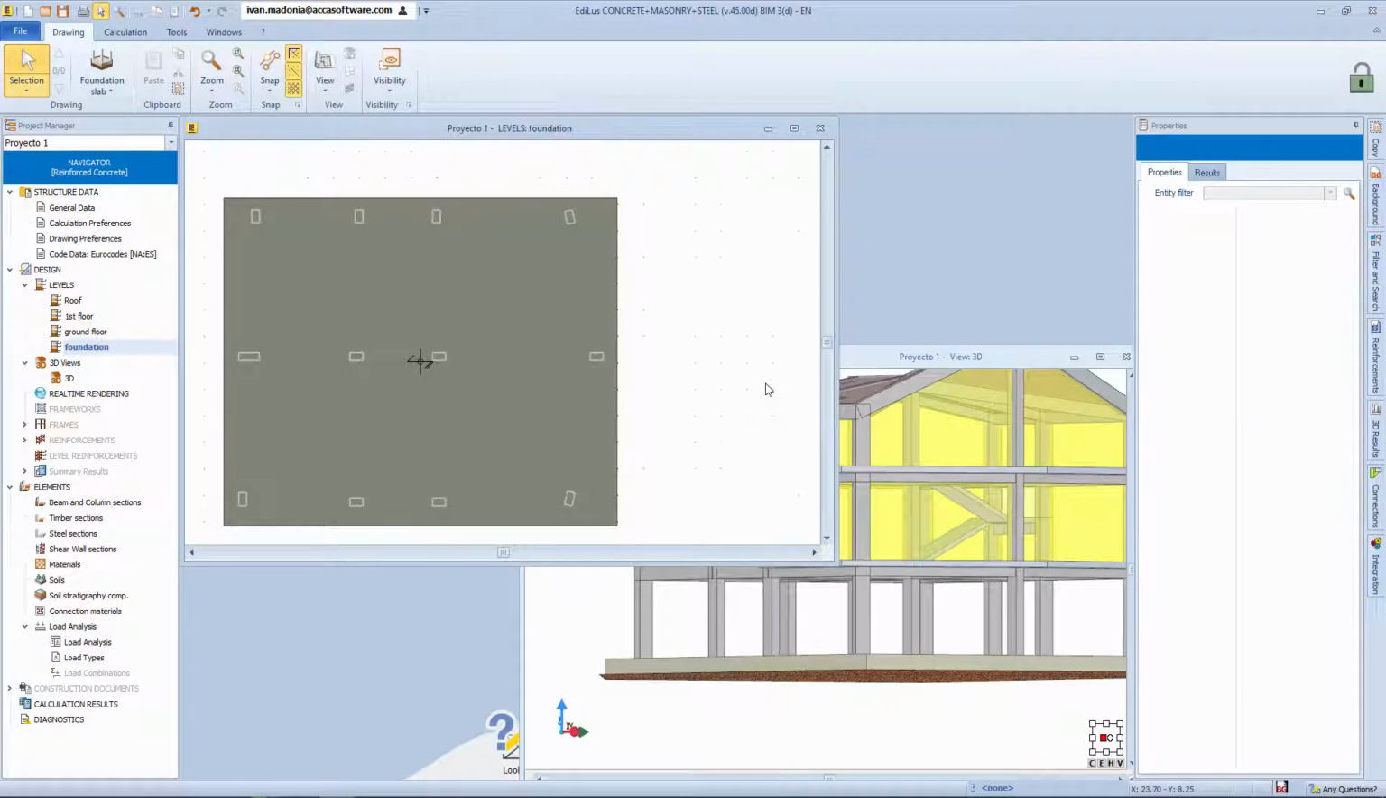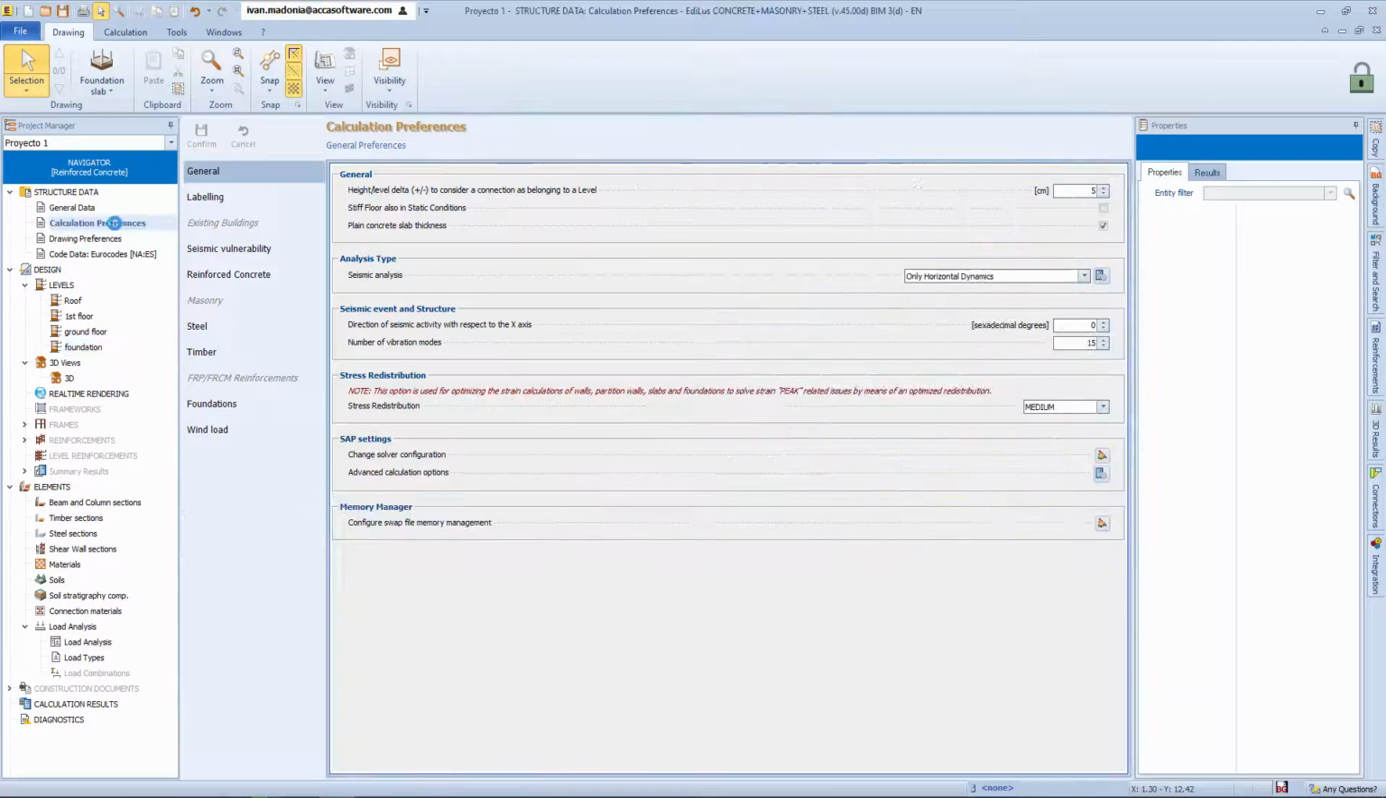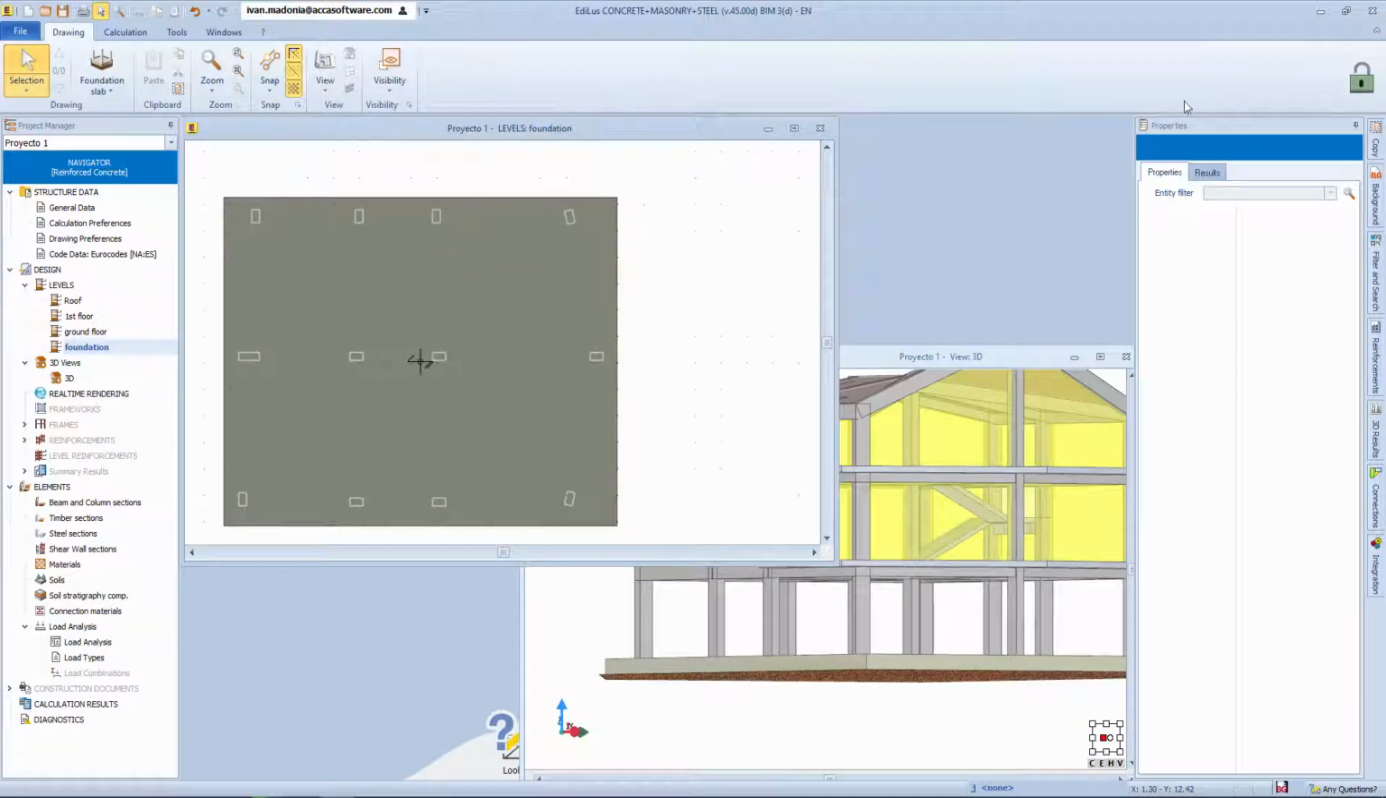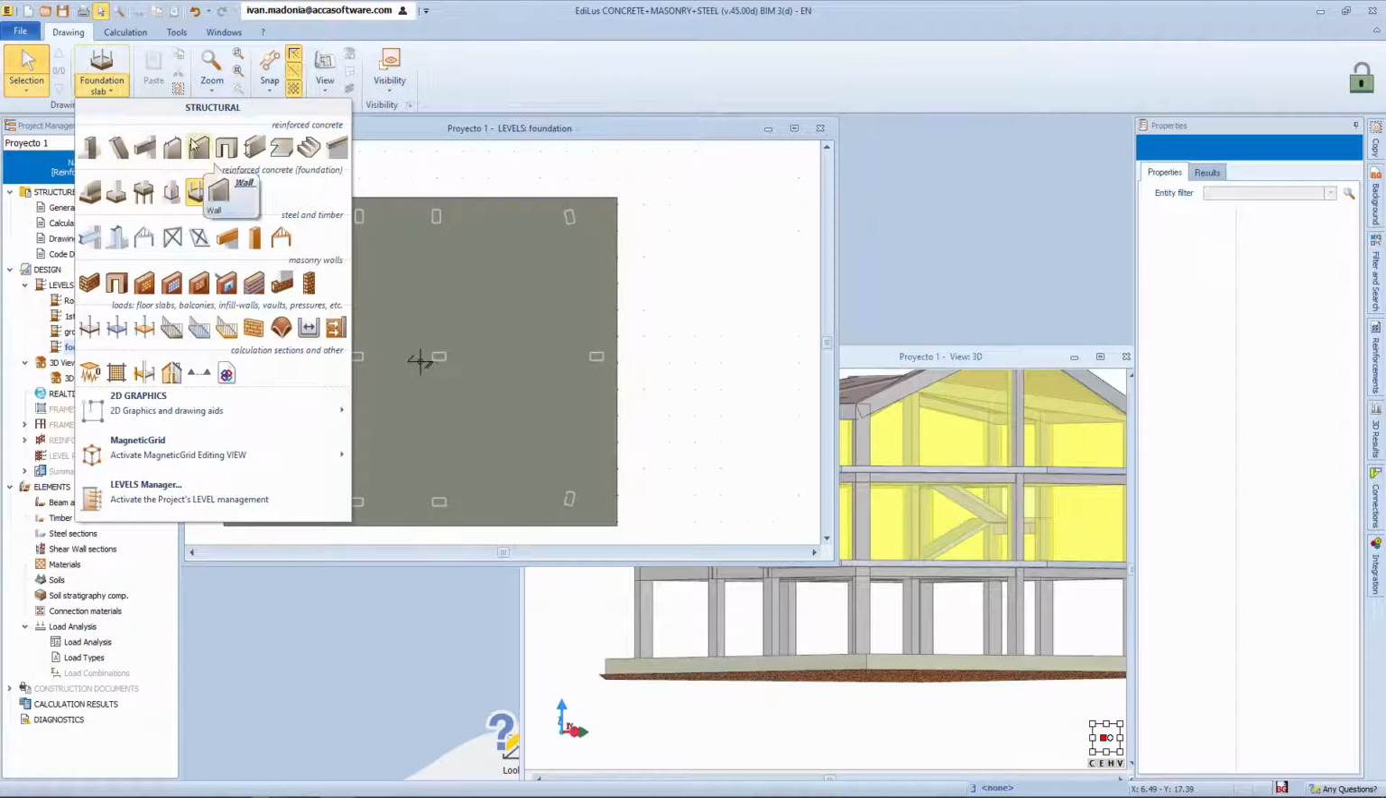For superficial foundations, the program also takes into account the subsidence calculation. In the navigator, under Calculation Preferences, and in the specific section for foundations, we can activate the calculation by clicking on the relevant flag. In addition to the modeling of the superficial foundations, EdiLus also allows us to model deep